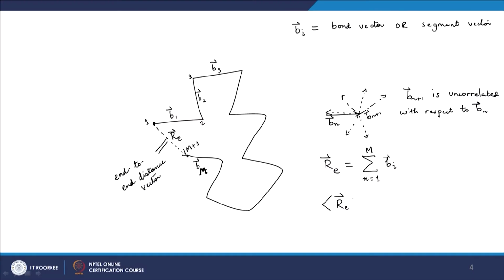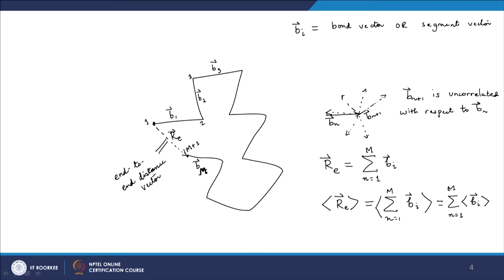So, let us say I try to find the ensemble average of this, then this will mean an ensemble average of that. Since I am averaging over a sum, it should be the same as summing over the averages. It is like standard math at work here. So, I can write this as something like this,